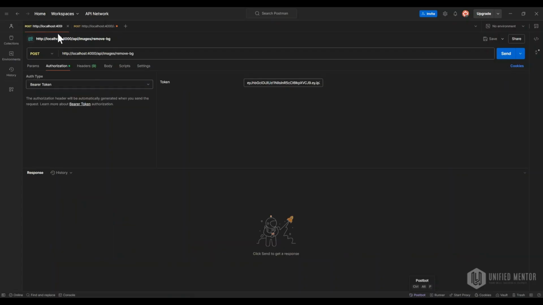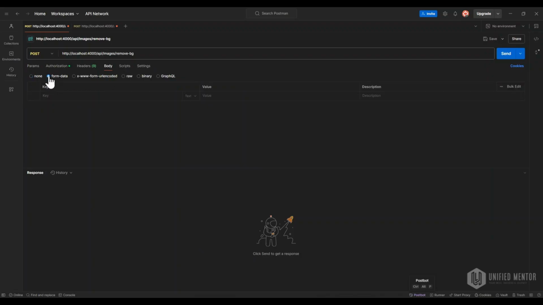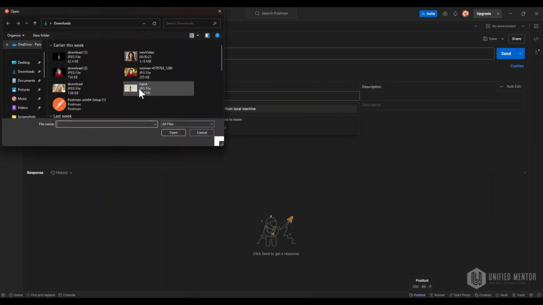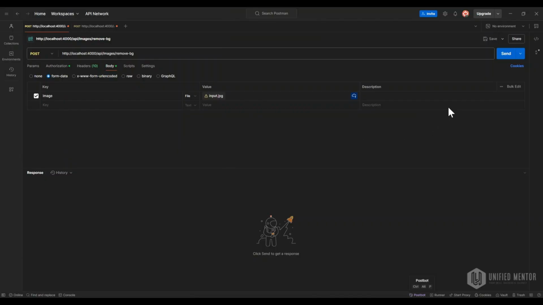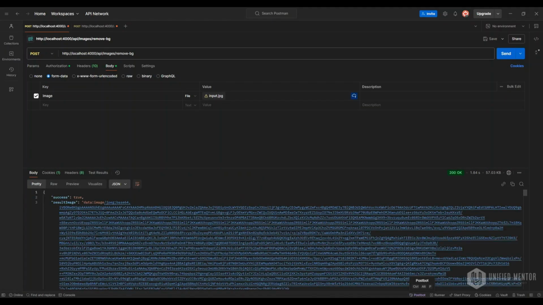Copy it, come to this bearer token, just paste it, and in body we'll use form data where the key name will be image, and in text we will choose file. Here I will just upload a new file from our local machine. I will upload this file, click open, and send a request. And yeah, success is true, and we got a result here